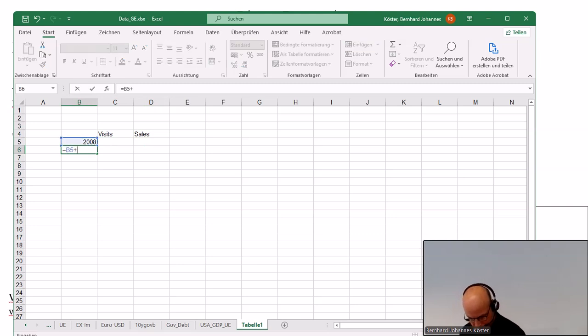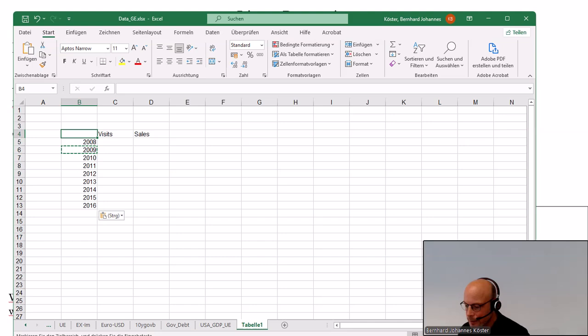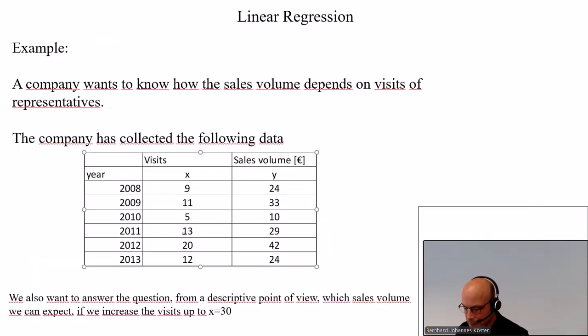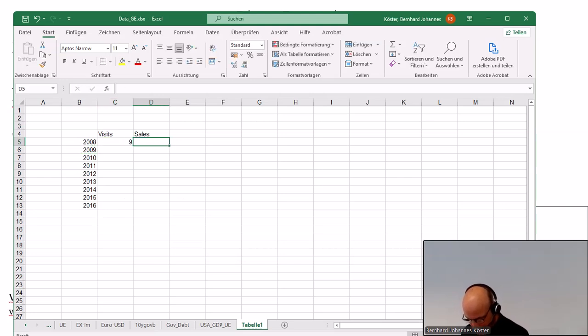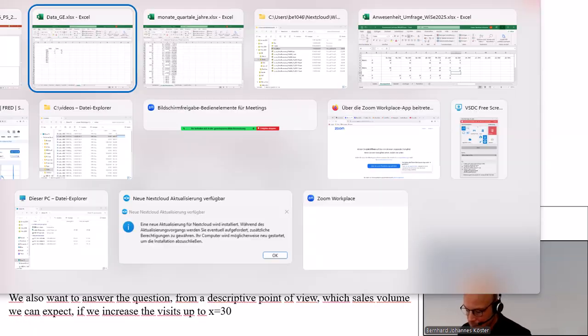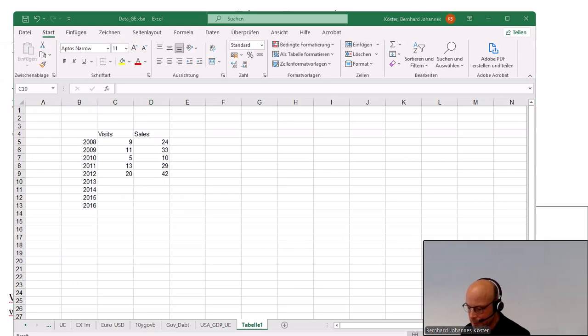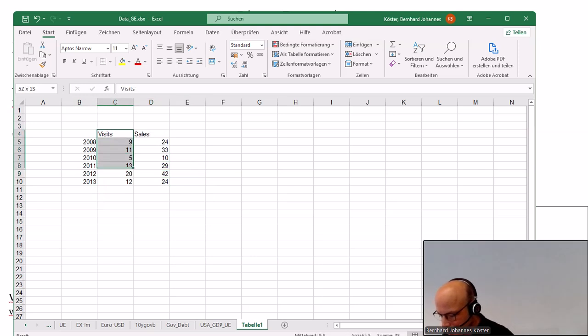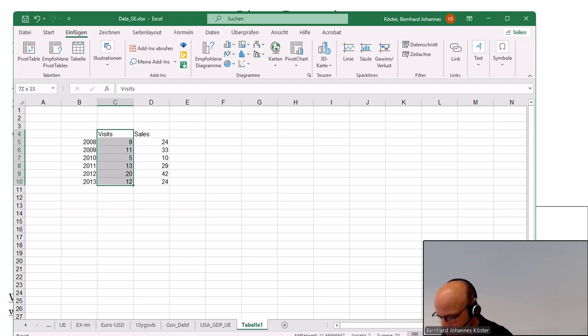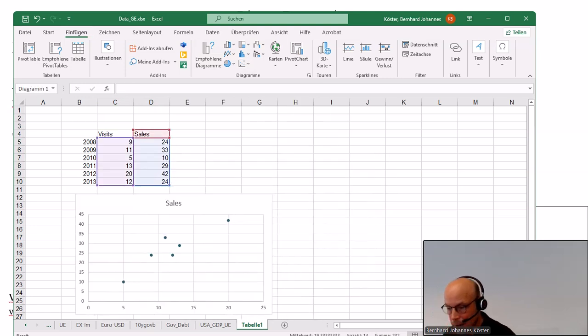2008, 9 24, 11 29, 13 29, and 12 24. Let's have a look. Well, and just by eye,